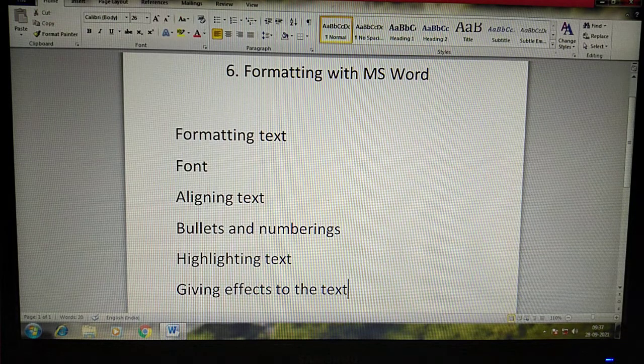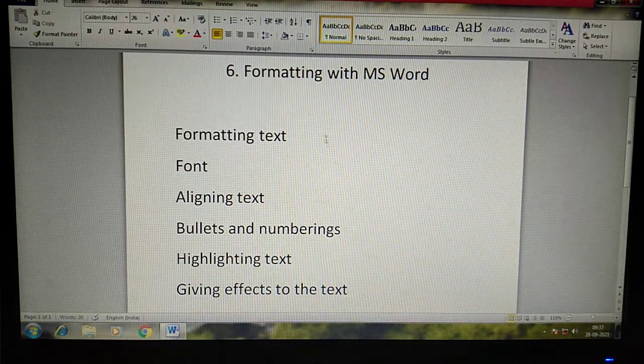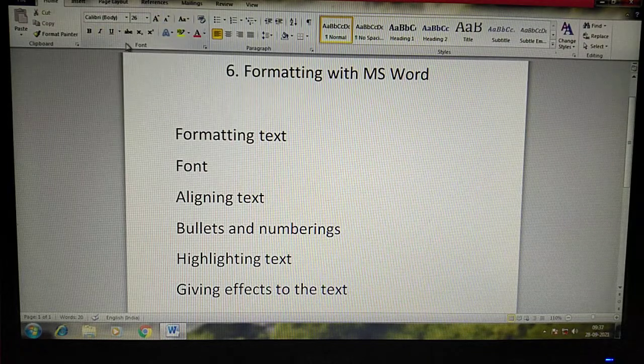You can highlight the text or write it in italics or in bold. The tools that help you format a document are present in the font group. Whatever we need to change in the text, it all consists in the font group.